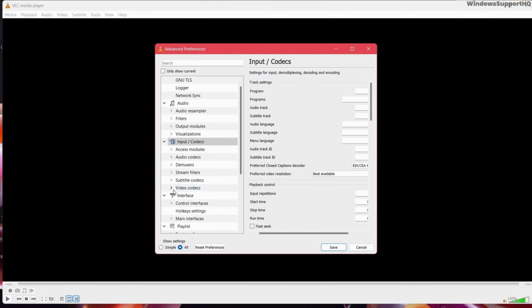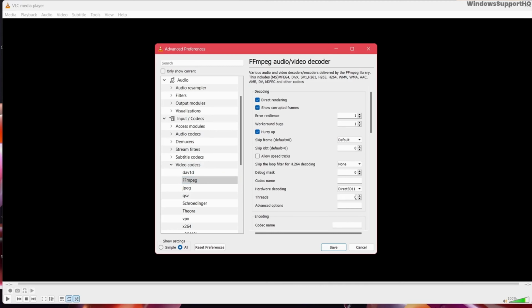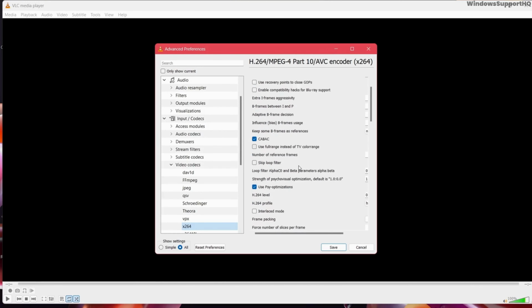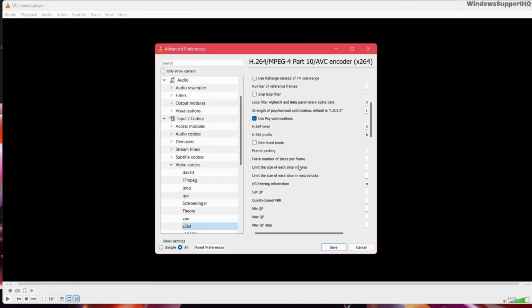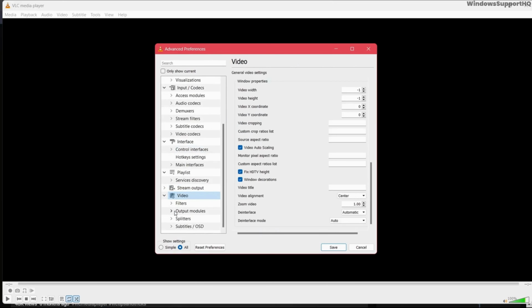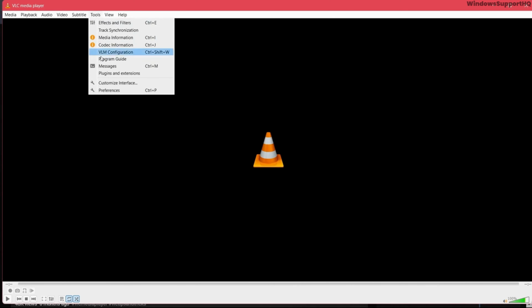Now expand the video codecs and select FFmpeg and set the threads value to 2. Now select X264 and set the reference frame to 3. Now under video, select the output module as automatic and click on save, and also go to Tools again and